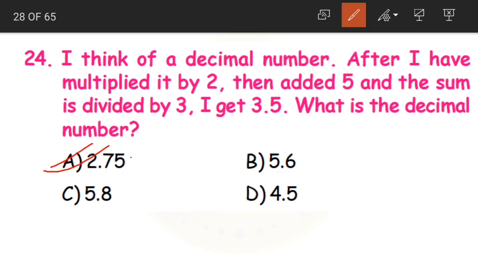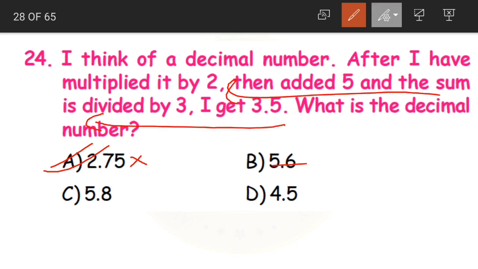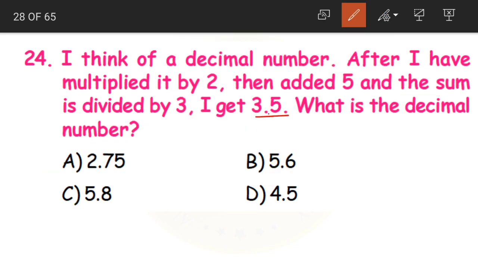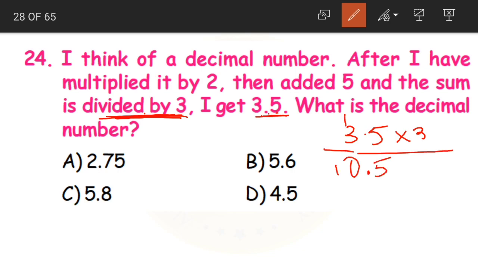This is nothing but the trial and error method. That means we have to try each of the given options. Suppose option A was wrong, then we have to move on towards option B. Understood? This is one method. Another method is, we have to solve this question backwards. Okay, 3.5 was the answer, right? But we'll start with 3.5 now. After 3.5, what did we say? Divided by 3. But we have to do the opposite. Multiply it by 3. We have 15, 10. Point here. Yes? 10.5 is our answer.